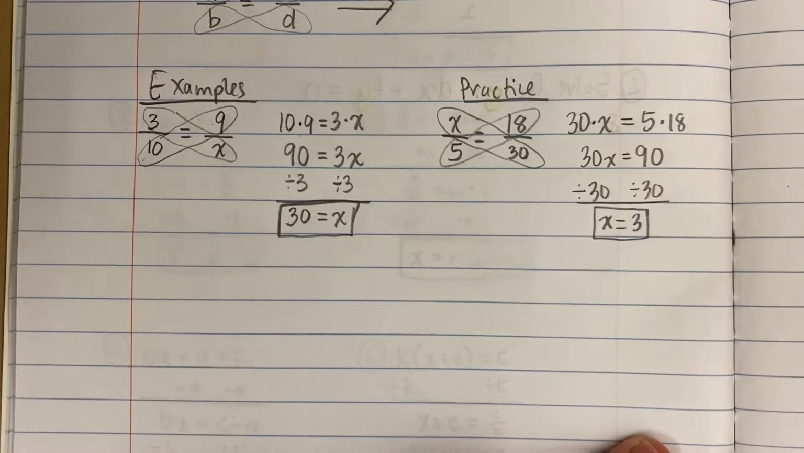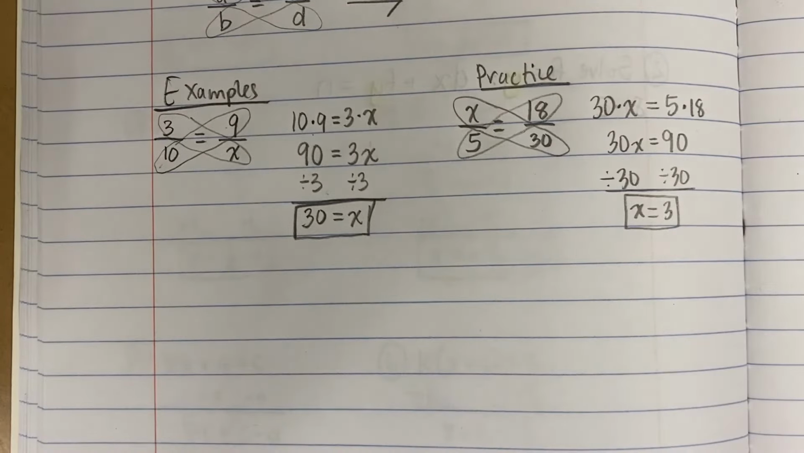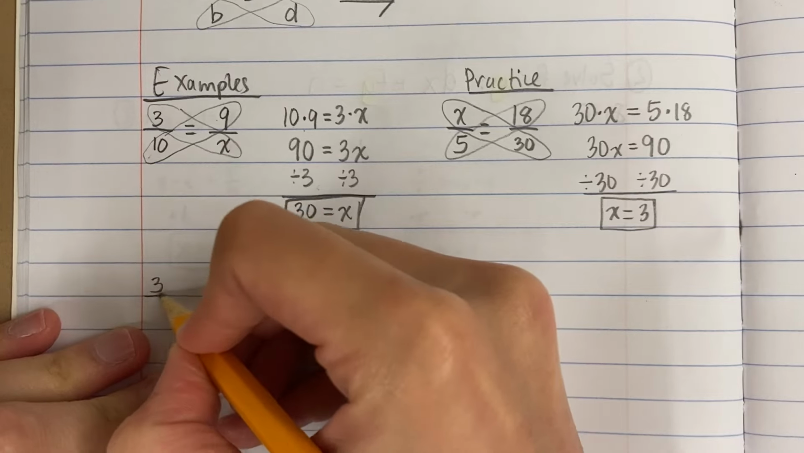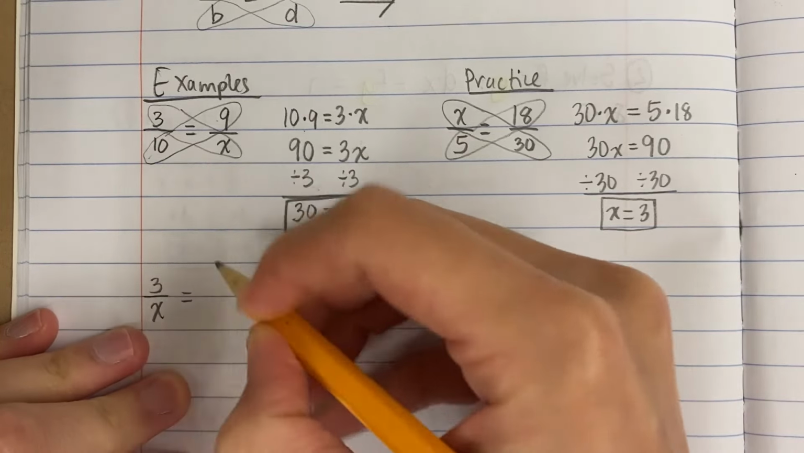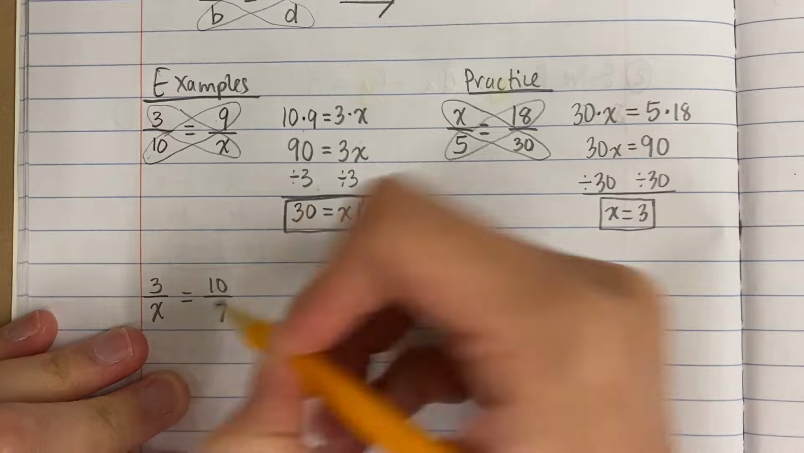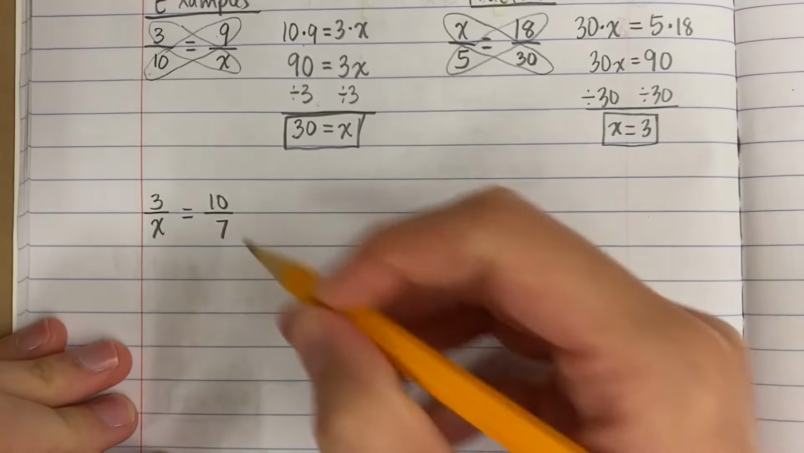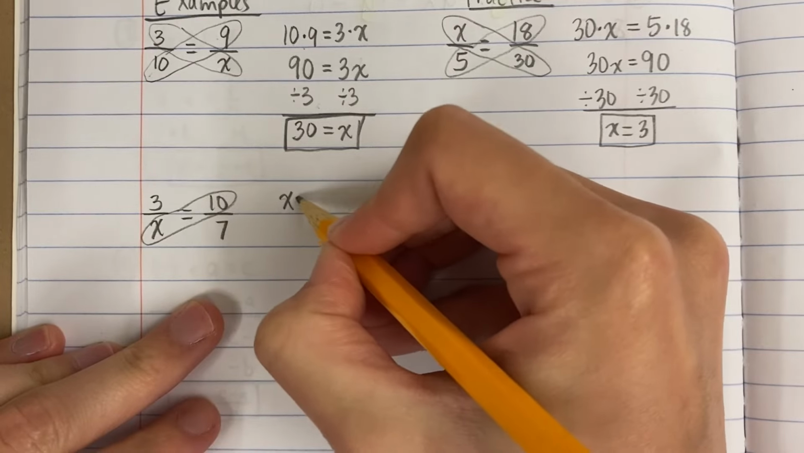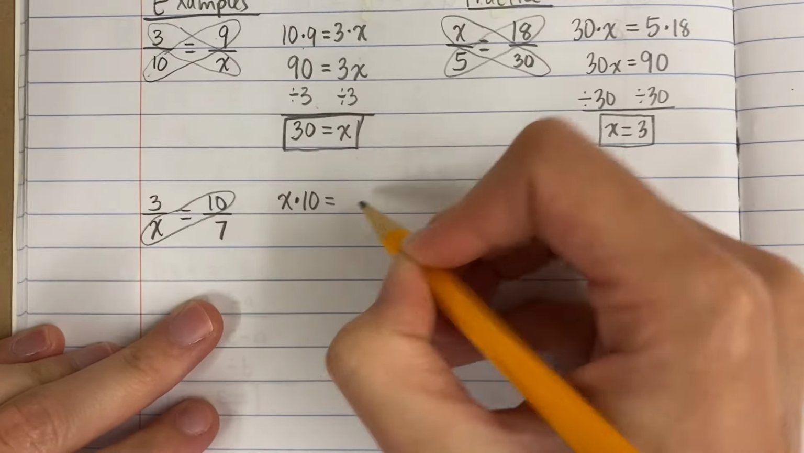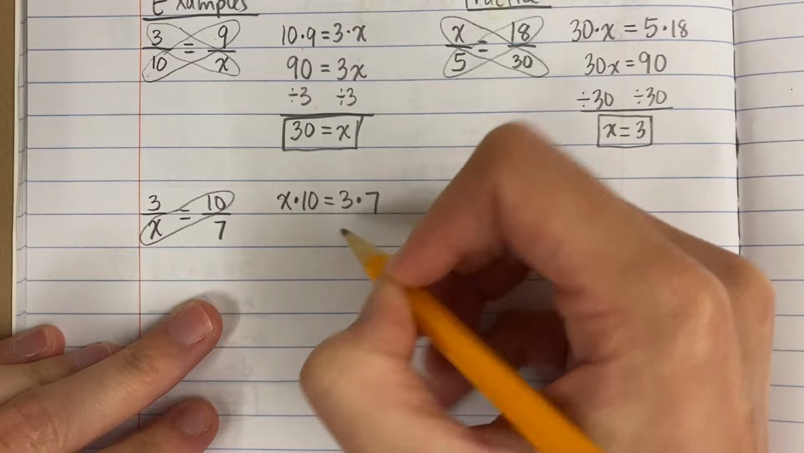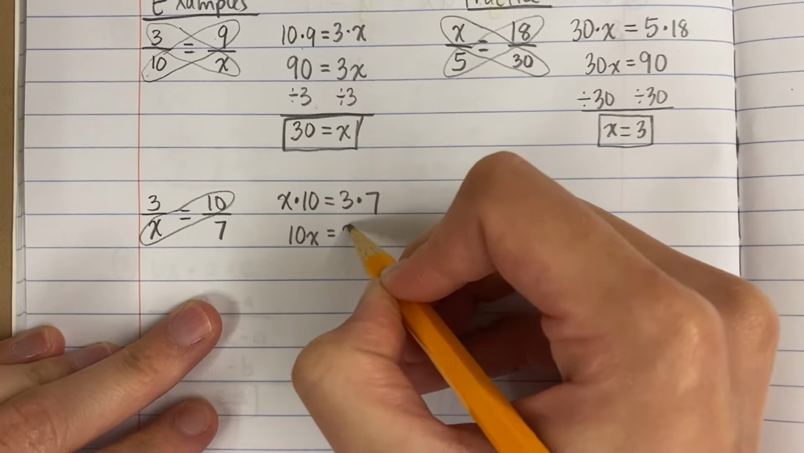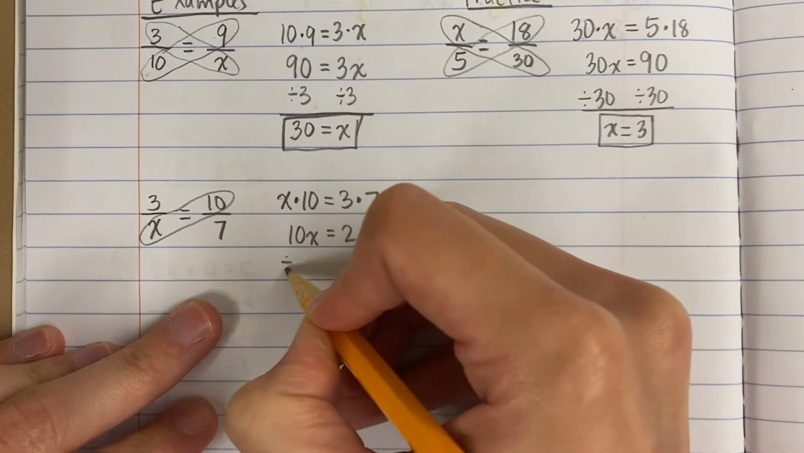Okay, let's try another example. Okay, so next example, 3 over x equals 10 over 7. Okay, so here we go. This is x times 10 equals 3 times 7. Okay, x times 10, we just write that as 10x. 3 times 7 is 21. And when I divide by 10,